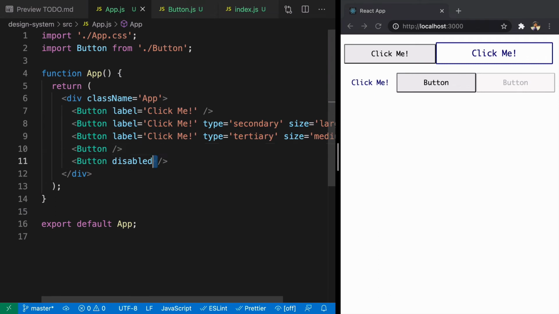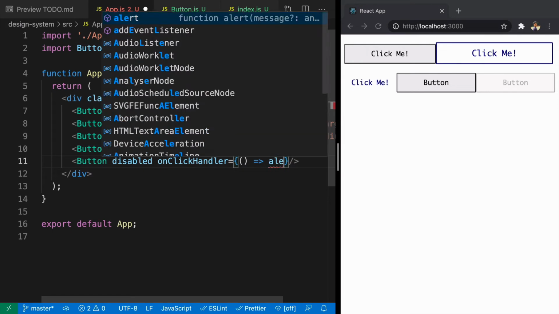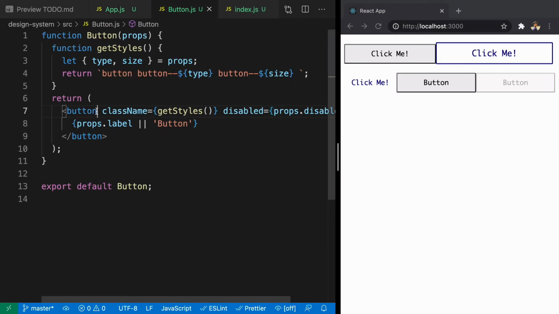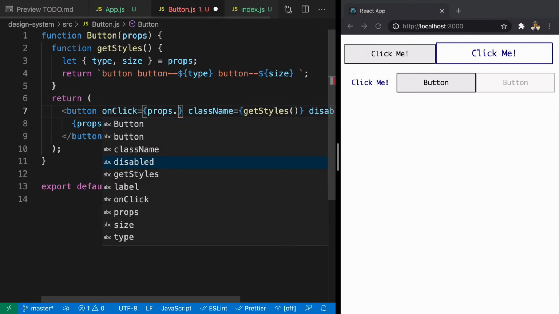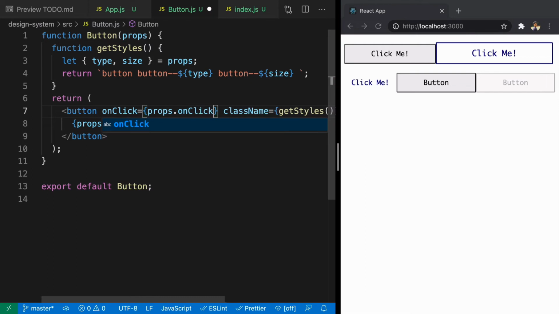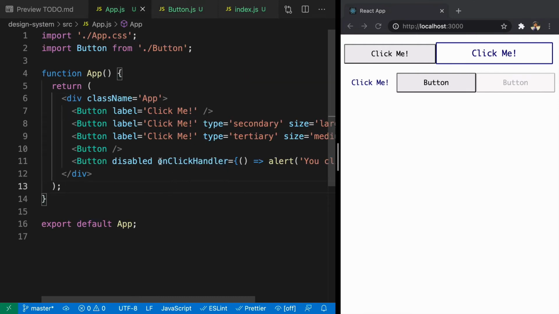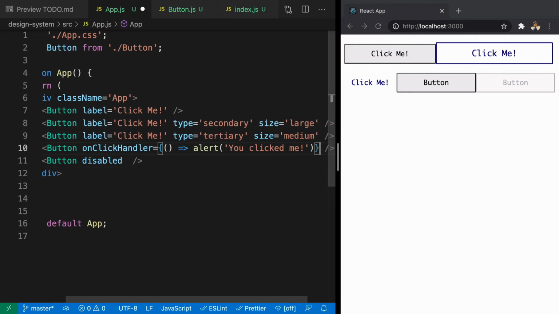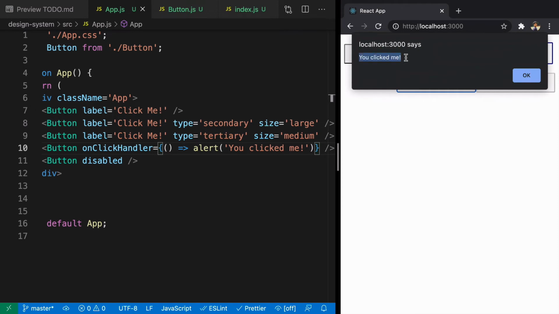So here you can also pass an onClick handler like this. And what it is going to do for now is just say alert, you clicked me. We'll save it, and here we will take care of the onClick handler. So on button we'll get those props, and here we just need to add onClick. You just need to call this prop, that is props.onClick handler. Now we are adding the onClick handler to the disabled button, so it should not work, right? So what we can do is copy this from here and paste it to another button. Now when you refresh it and click on this button, you'll see an alert message saying you clicked me.